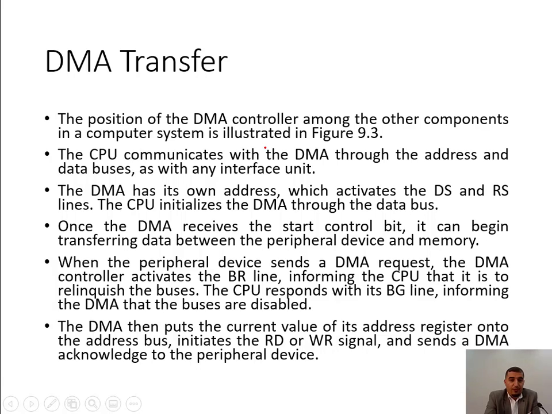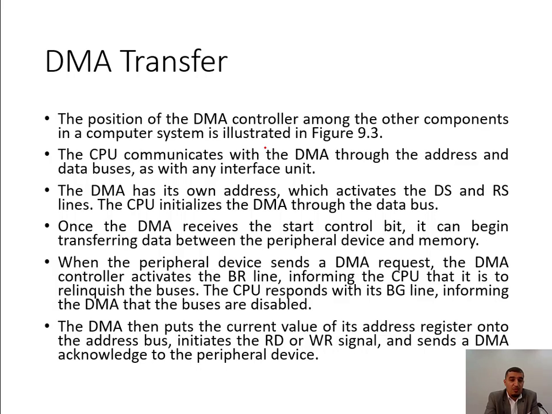The CPU communicates with the DMA through the address and the data bus like with any interface unit. The DMA has its own address, which activates the data select and register select lines. The CPU initializes the DMA through the data bus. Once the DMA receives the start control bit, it can begin transferring the data between the peripheral devices and the